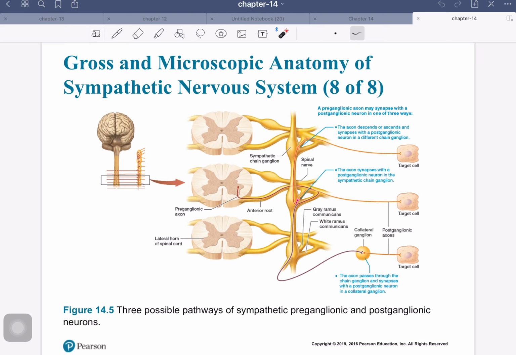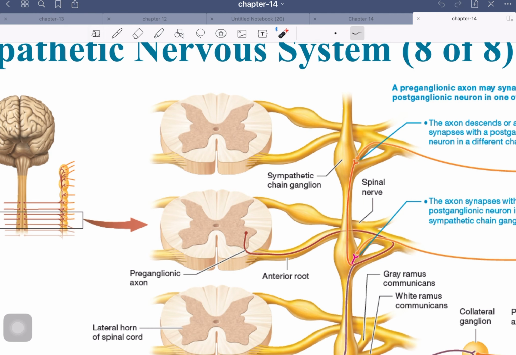In this video, we're going to revisit the path that sympathetic fibers take in relationship to the spinal cord, to the sympathetic ganglia, and reaching their target. And then we're going to introduce the neurotransmitters that we see in the autonomic nervous system. So let's revisit this. In the past video, we talked briefly about